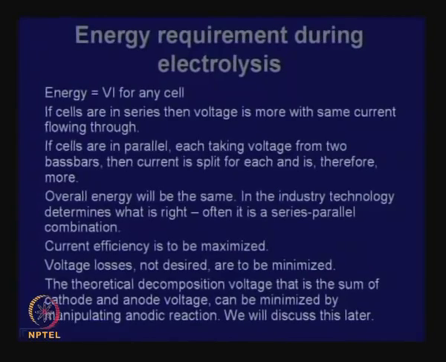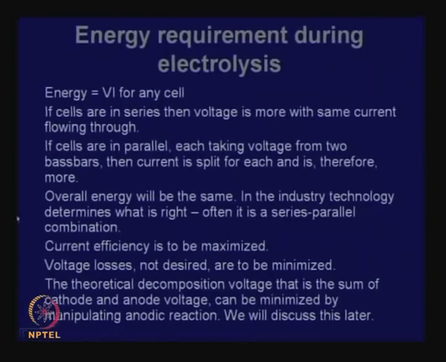Now, let me summarize what I have said this far before I proceed. In any electrolytic cell, the energy required would be voltage into current. If cells are in series, voltage is more, same current is flowing through, current is less. If they are in parallel, current has to be split up, current is more, voltage comes from the same bus bars, so voltage is low. Overall energy will be the same. In the industry, technology is determined and it will be somewhere in between. You can have series parallel, but emphasis would be in parallel, so that you can remove any pot at any